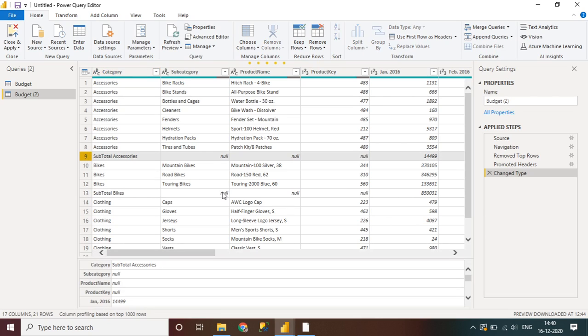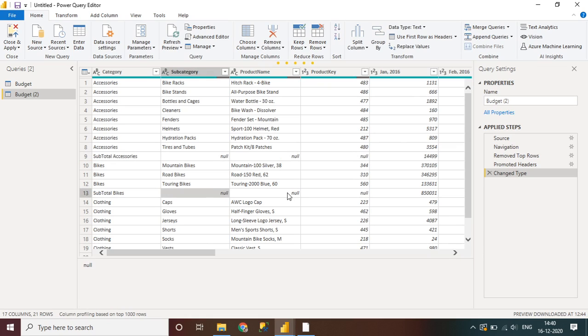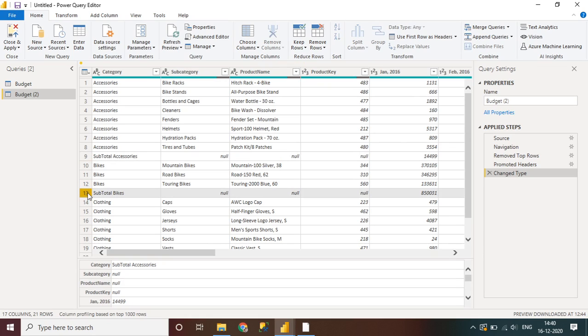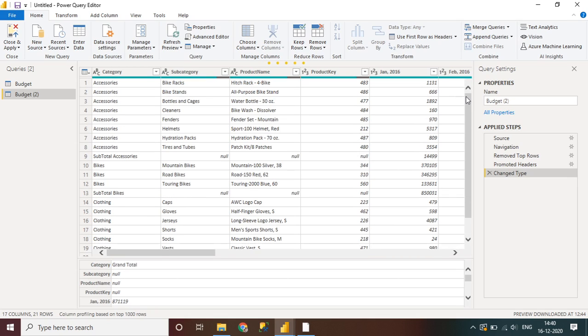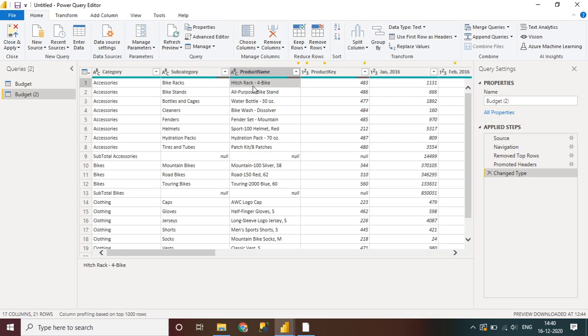Now if you see these null values, in the 9th row, the 13th row, and if you go beyond, we have subtotal and grand total. We don't want these, because while generating the report we can do this. We can generate a report of the budget for a particular product, for example, the hitch rack for bike.